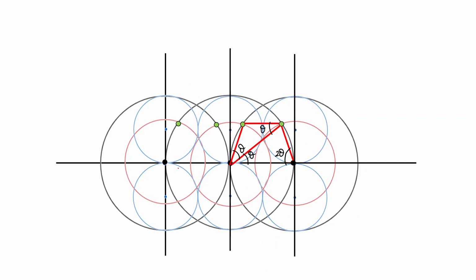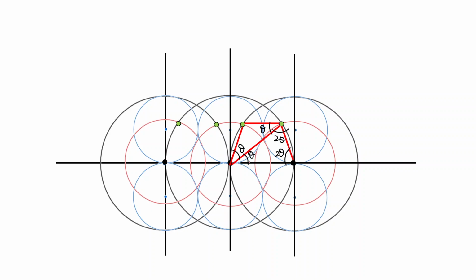Like here, you have these two lines, and if you draw this line, it will go through these points of contact of these blue circles. It will also go through the point of contact of these red circles, and the whole situation will be symmetric about these 2 points. So using that, if this angle is 2 theta, this angle is also 2 theta,